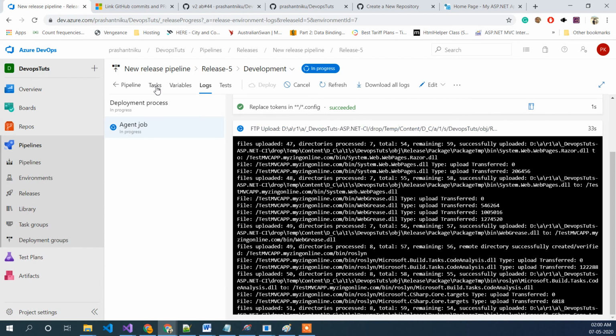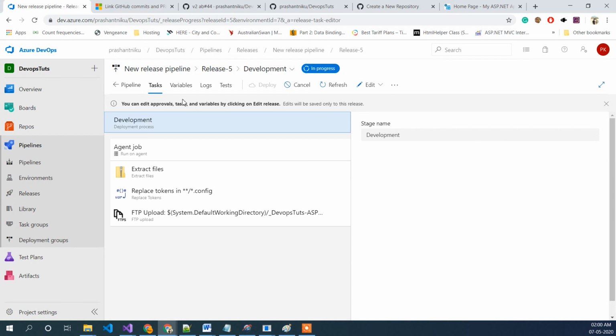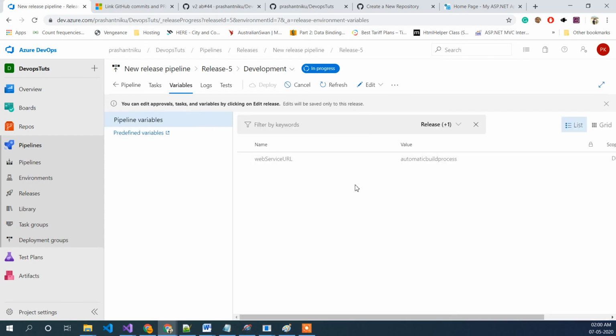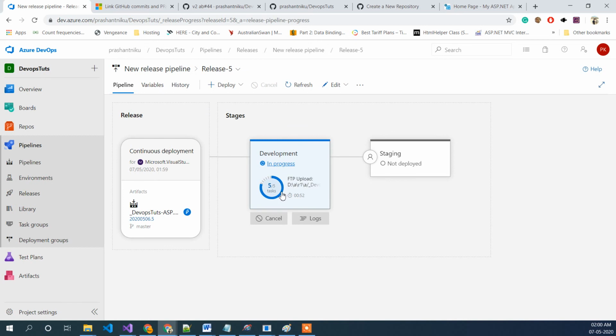In the meanwhile, let's see again what type of variable value I have added. Automatic build process should be there. Okay, it's still in progress. That's another way you can see, 5 of 5 now. It's taking time because it's uploading to another FTP server. So it succeeded.